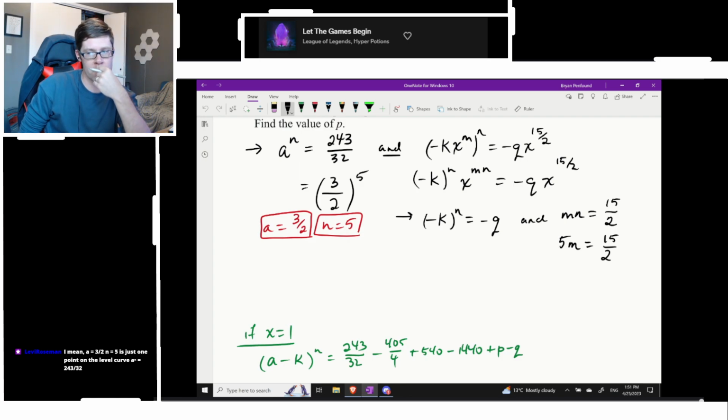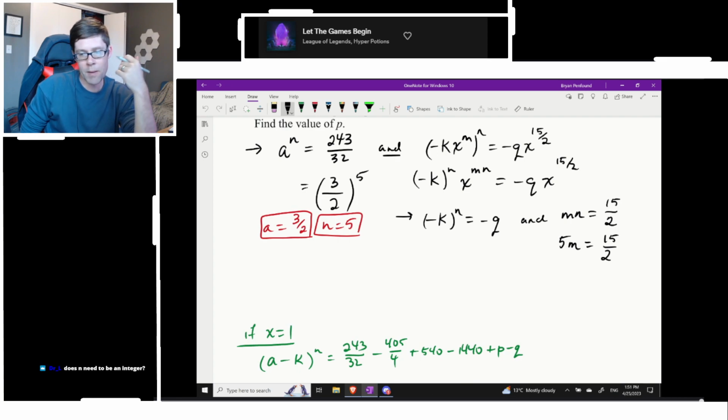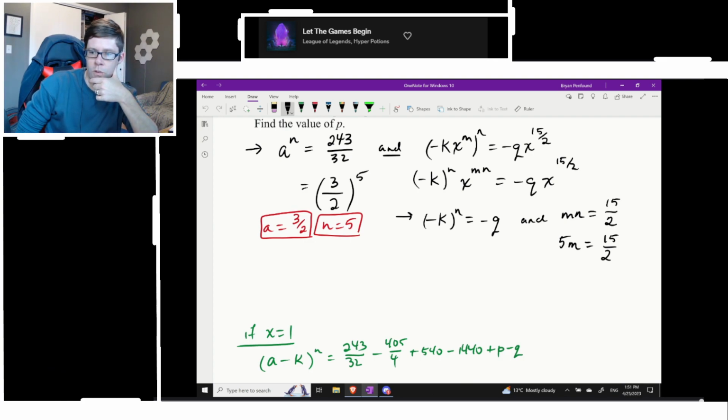Yes, that's true, but I think if we force n to be an integer, that should be the only solution, right? I agree with you. But I think n, yeah, I think Dr. L is correct. For the binomial theorem to reasonably work with real numbers, I think we need it to be an integer. At least for our formula to work, right?